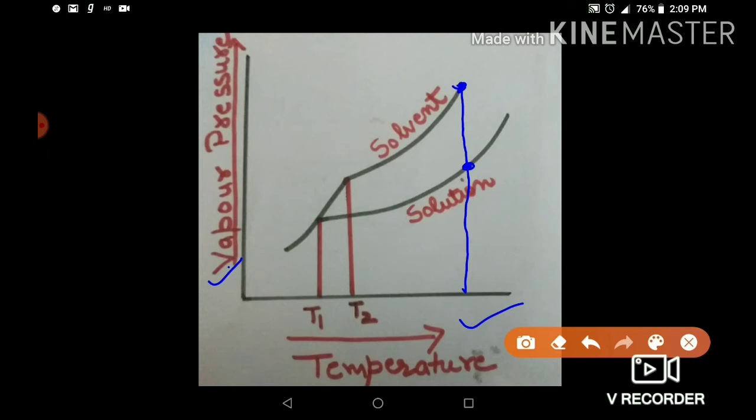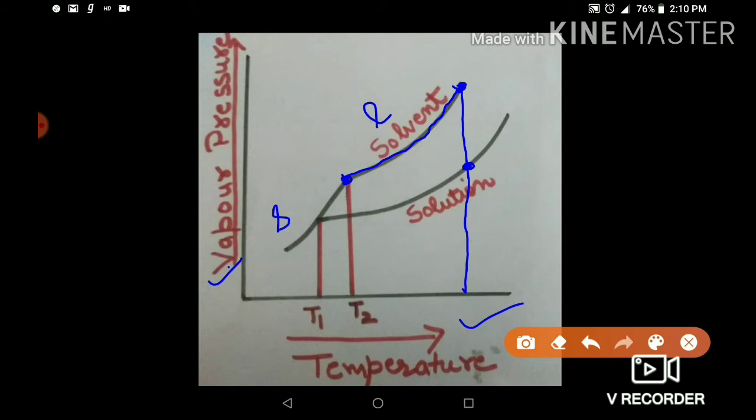Now if we start decreasing the temperature of the solvent, the vapor pressure will go on decreasing, as I have shown in my example. We have already discussed in that example that the vapor pressure decreases until it becomes equal to the solid's vapor pressure. That means the solvent which was liquid has now changed to solid. So this point represents the phase change. So liquid has changed to solid.